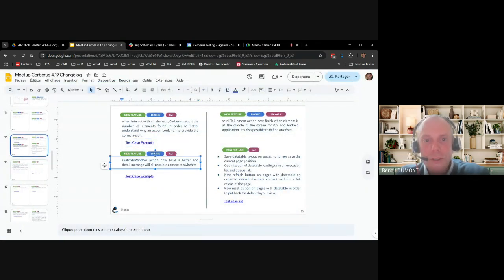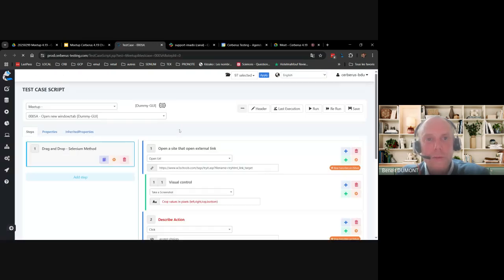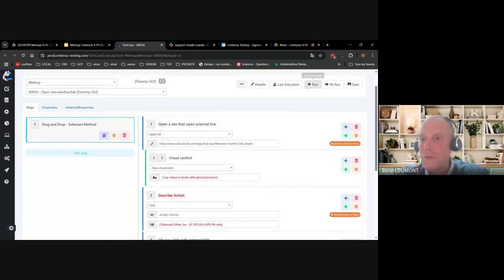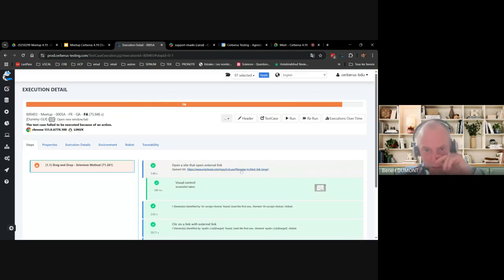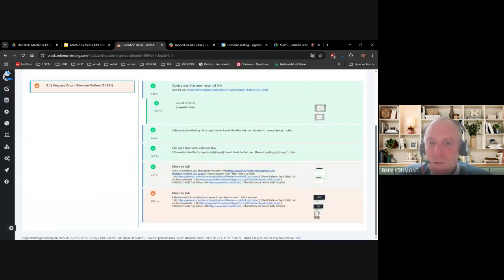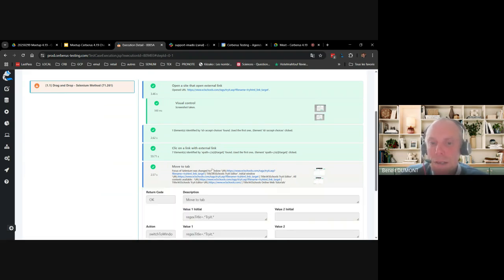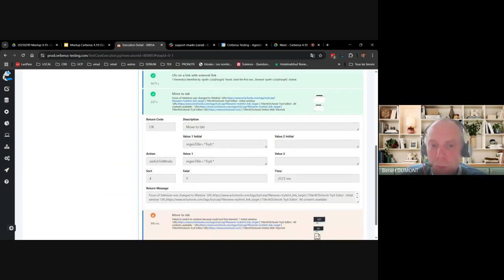The switch to window action also has a lot of improvement on the messages when you execute the action. Now it reports directly all the context information when you perform the switch to window. The message appears like that.